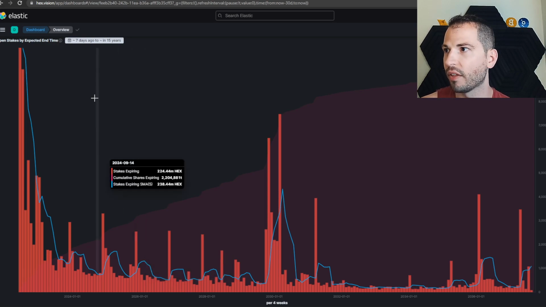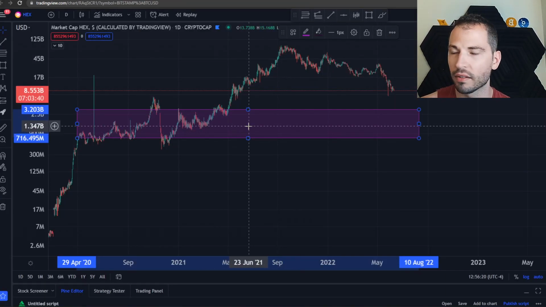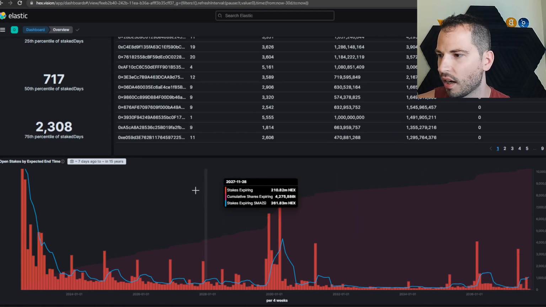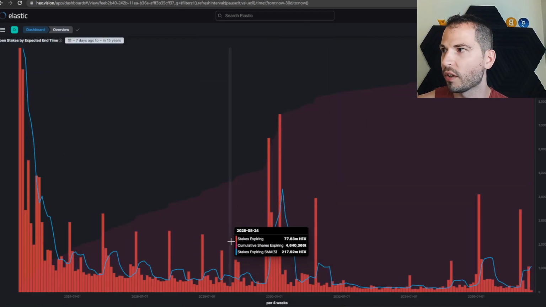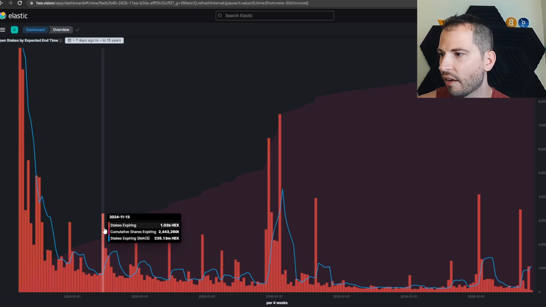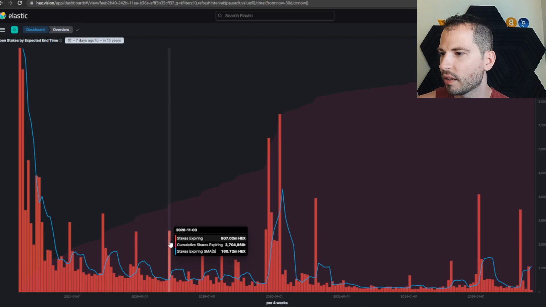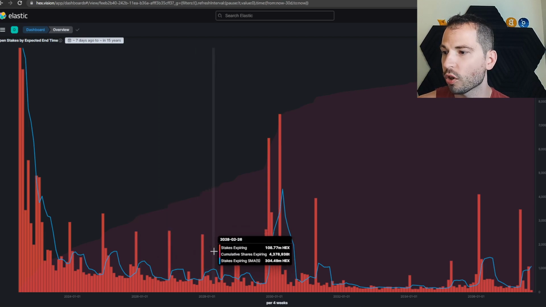of this. So for example, you buy the bottom here, say it ends up hitting 2 cents or 1 cent. You buy that. Now you're probably going to go stake, because if you're buying Hex and not staking it, well, what are you doing, homie? And then you're going to want to come over here, Hex.vision, and see, hey, look, every single year there's a spike. It seems to be November-ish. Basically fourth quarter of every year.